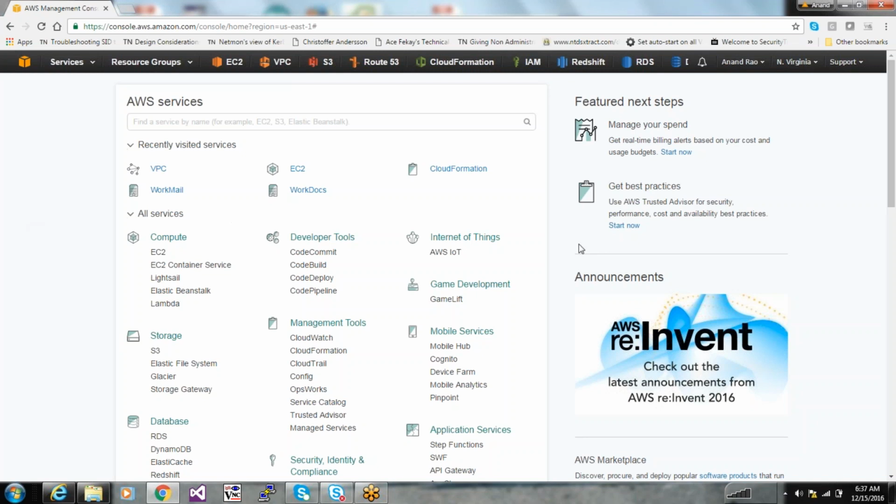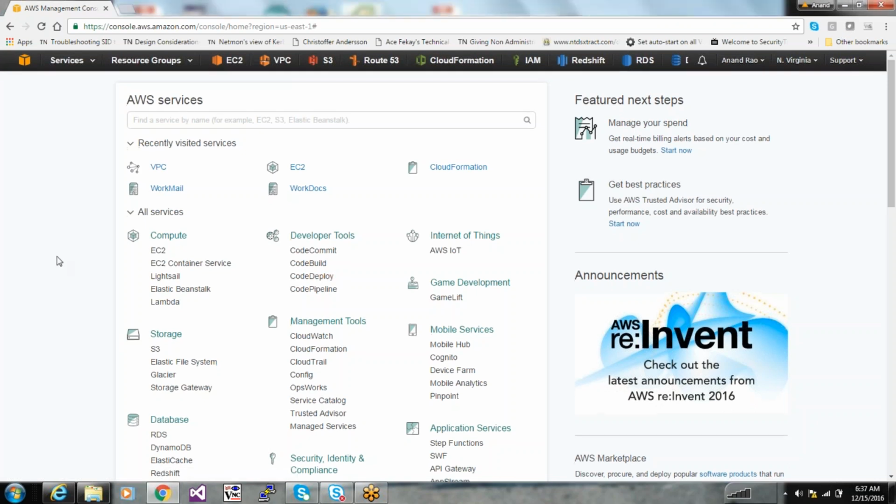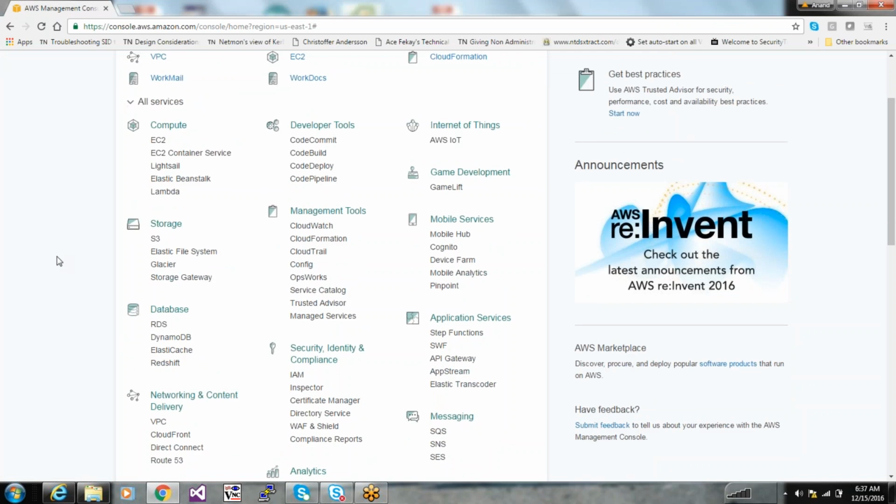Here we go. There are a lot of services that Amazon Web Services provides. There's EC2, which specifically falls under the compute section.